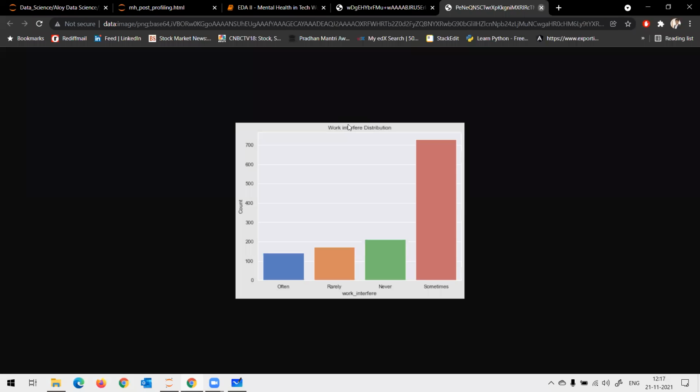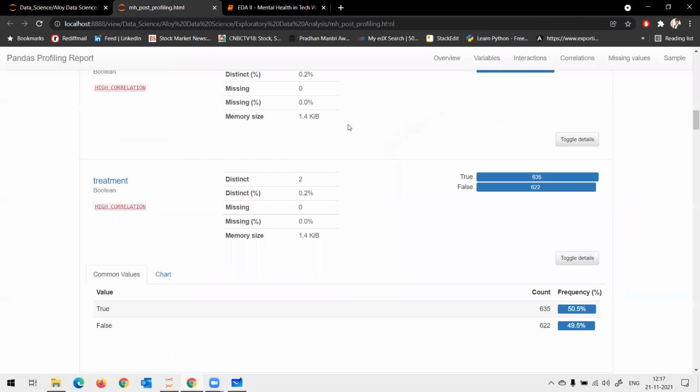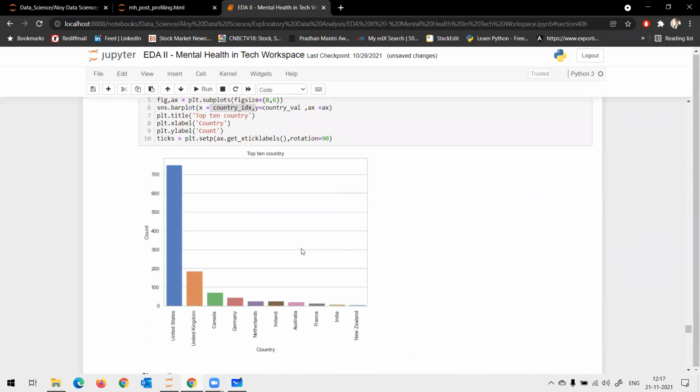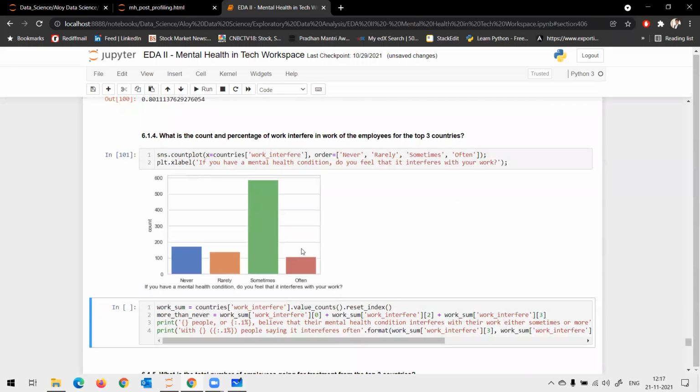More or less the same, because 80% of my data set is from first world countries. Are you guys with me? Yes, sir.